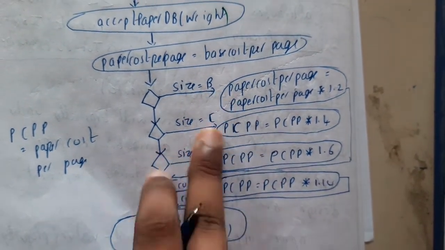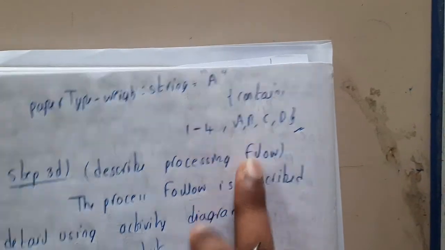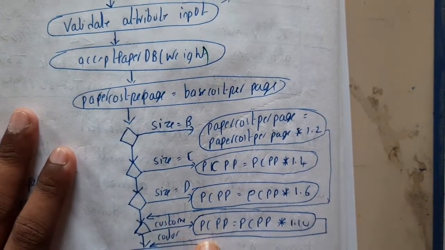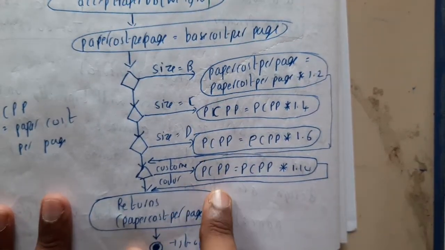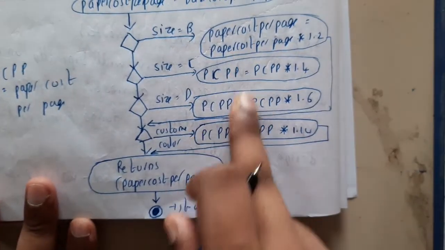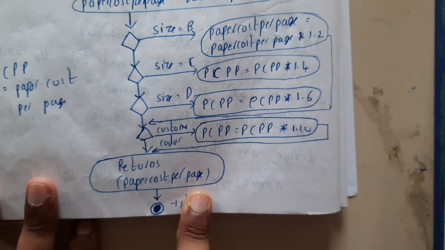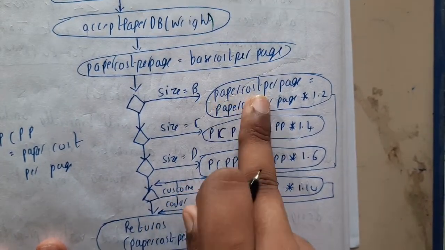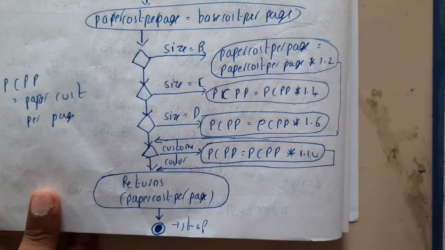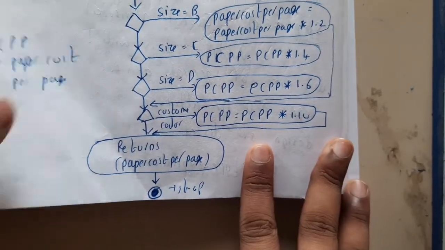So here we are doing multiple operations. I told you, we are taking 4 constraints or 4 conditions, those are nothing but A, B, C, D. I hope everyone got some basic idea, right? Once it is done, you will be returning the paper cost. So at the end you are getting the paper cost as per the requirement, whether it is B type, C type, D type, like that. At the end you will be stopping it. I hope everyone got some basic idea on that.